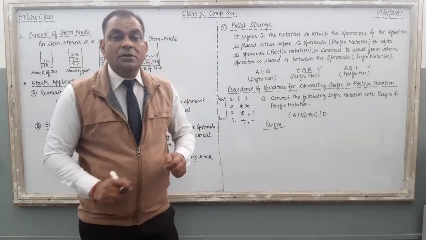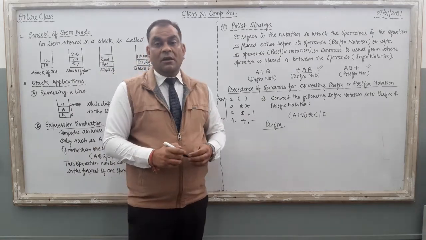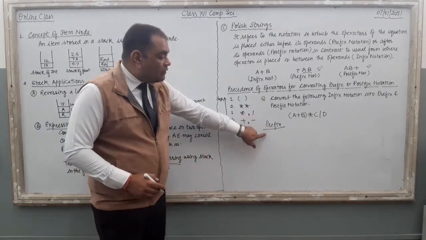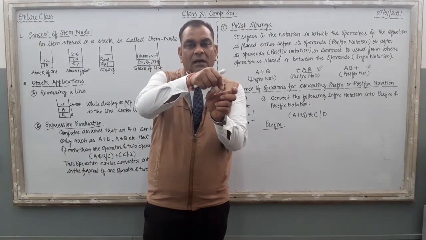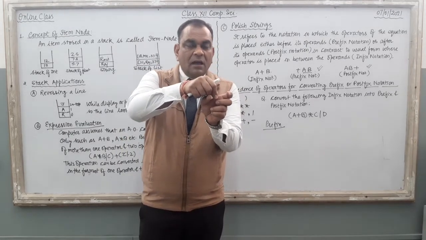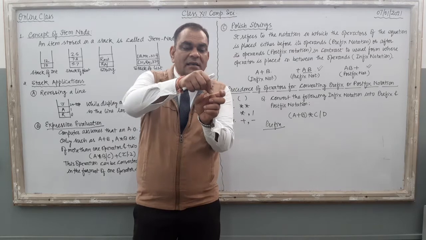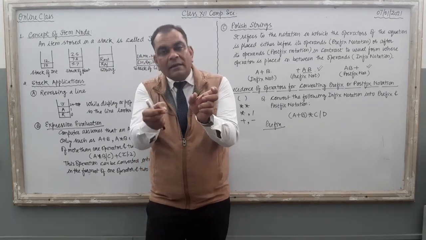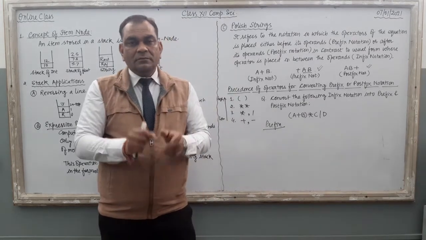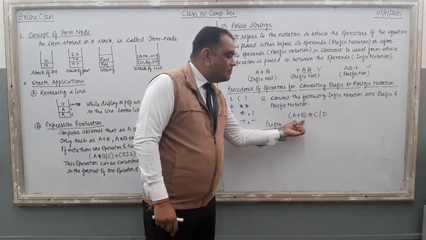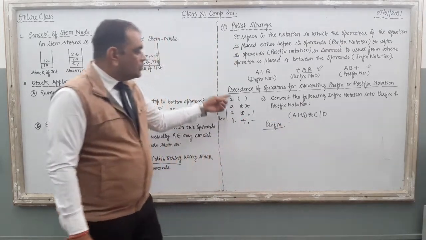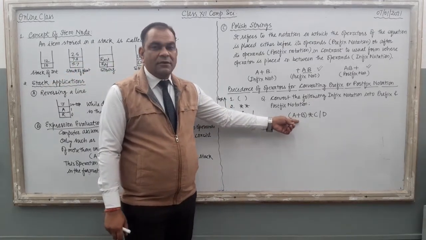Let's also see how to solve it. What is there in the solution? The solution is, if you want to convert it into prefix, just take the operator from the middle of the part and put the operator before this specific variable. Now just see, A plus B. According to this rule, we have to solve this bracket very first.